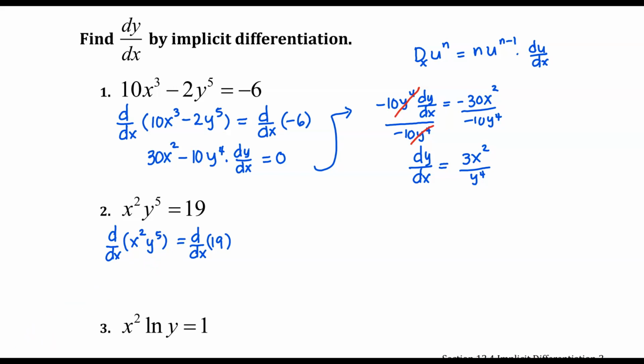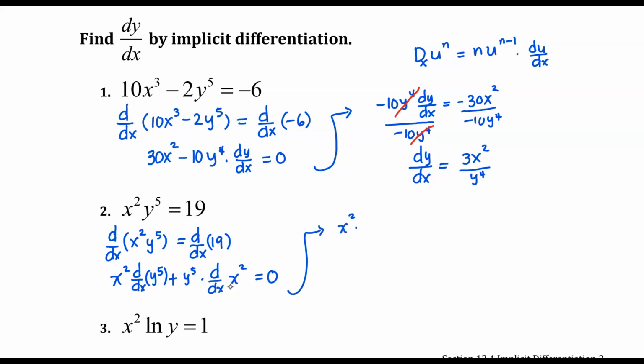Now, using a product rule, you copy first one factor, that is x squared, times the derivative with respect to x of y to the fifth, plus you copy y to the fifth, and then you differentiate times the derivative with respect to x of x squared is equal to, now the derivative of this is just 0. The derivative of a constant is 0. Then let's perform the differentiation here. We have